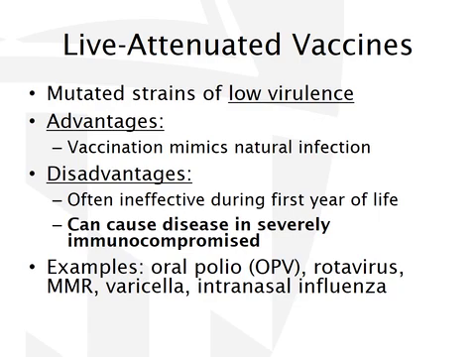So the advantages of live attenuated vaccines is that they induce mucosal immunity, and this vaccination mimics what you would see in a natural infection. Disadvantages: these usually cannot be given to the very young, usually during the first year of life. And also, because they mimic the vaccination that's seen with the natural infection, immunocompromised patients aren't able to mount an immune response. They can actually experience disease in these patients, severely immunocompromised.